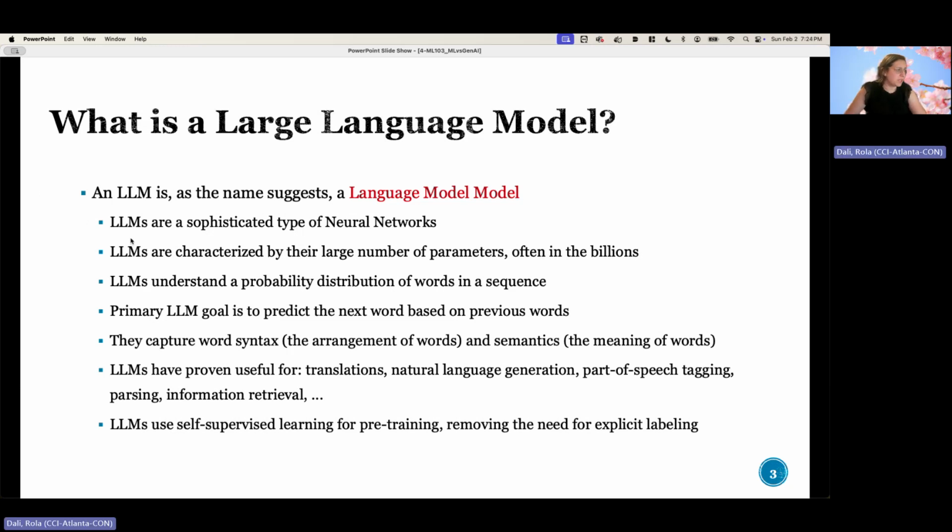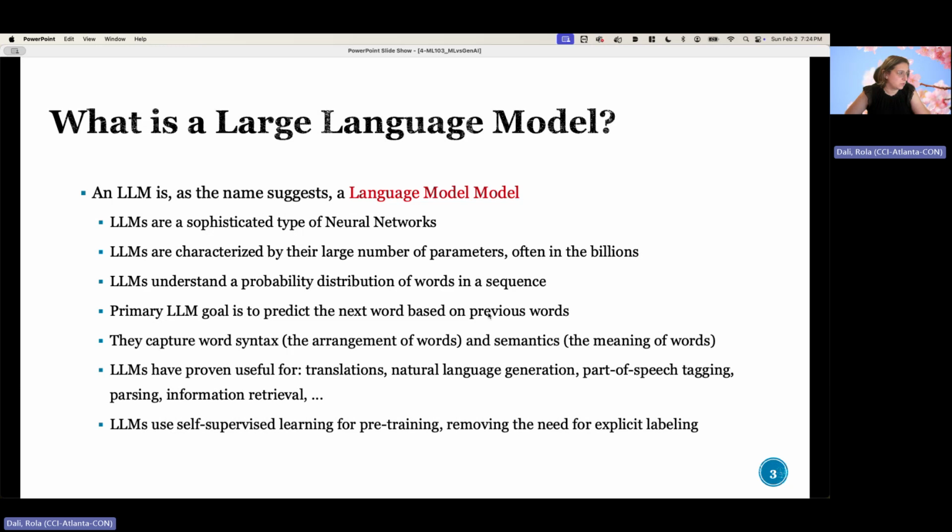But anyway, it's just another type of neural net with a particular architecture. Large language models are characterized by their large number of parameters. They're often in the billions or trillions. And LLMs understand the probability distribution of words and sequences. If I have time at the end, I'll show you a visualizer of the transformer model, which is the heart of these things. And hopefully you'll be able to see what this means, the probability distribution of words in a sequence. The primary goal of an LLM is to predict the next word. It's kind of greedy in its way of working. It really is a next word predictor